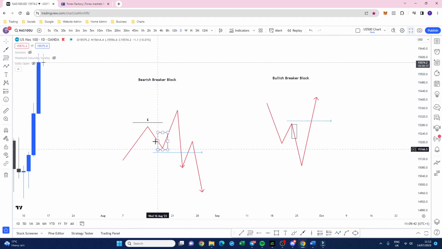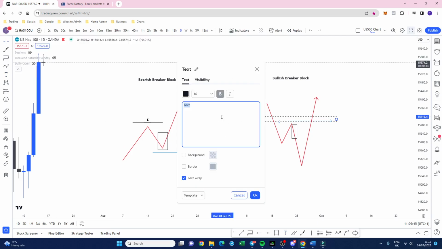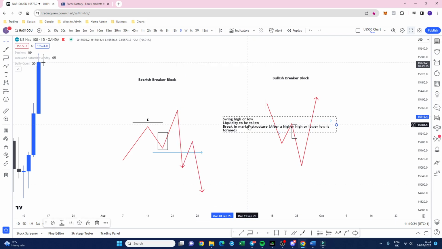So essentially we're looking for a few different things. We're looking for a swing high or low, and then we're looking for liquidity to be taken, and then we're looking for a break in market structure, and that's after a higher high or lower low is formed. I should probably put that in first, so that might not make a lot of sense, but